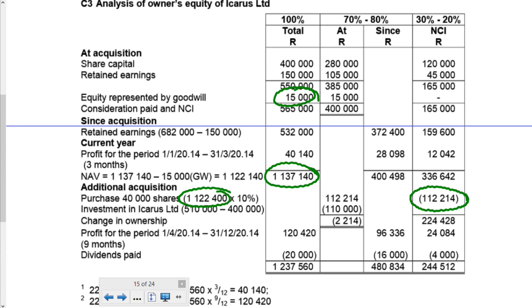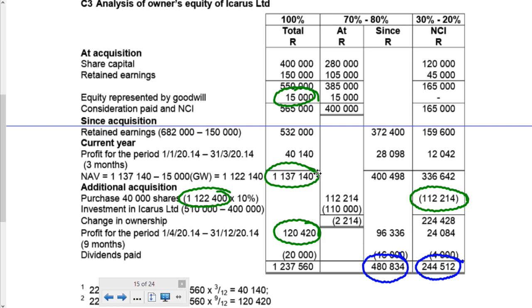Then for the remaining period, the profit is now shared in the 80-20 split, and the dividends are shared in the 80-20 split. So retained earnings beginning of year for the subsidiary is this number, 48834, and for the NCI, the balance is 244. No, that's not beginning, that's end. But that's the number we needed because we were just doing a balance sheet. So we were only doing a financial position, so those are the numbers that we would need to add